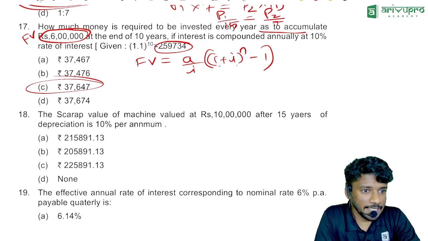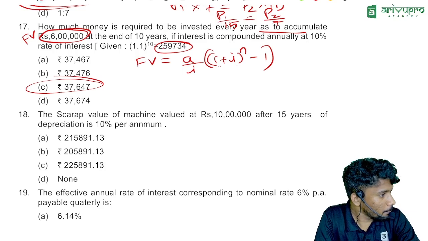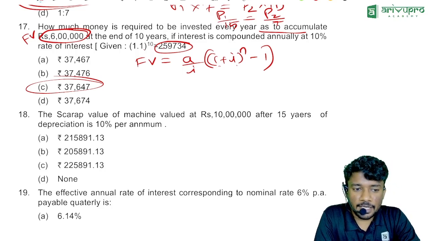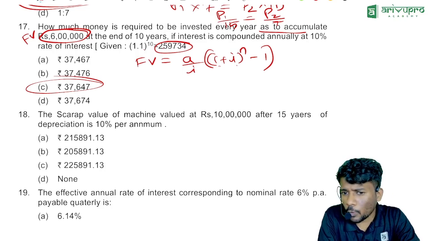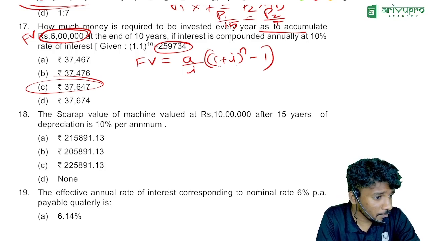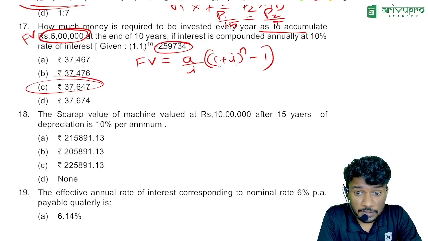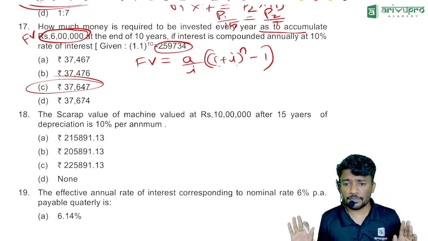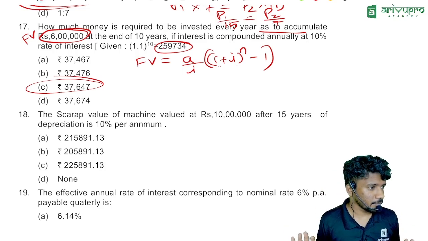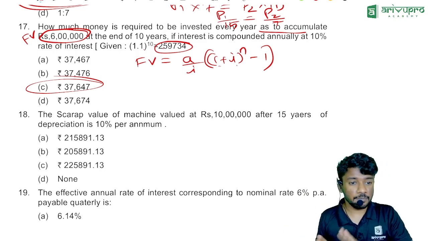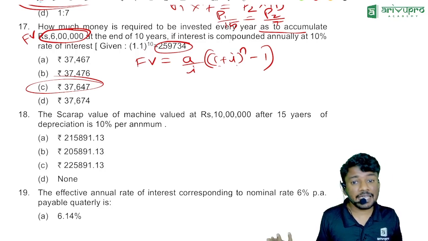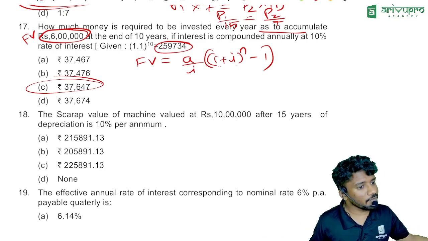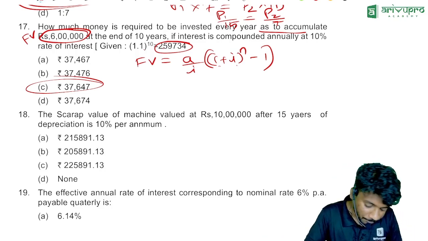At the end of the day, we need to pass CA Foundation and we need to get more than 60 from Quantitative Aptitude, no matter what. Because you can do it. Do you think that these many questions were difficult? This is the level of question. Always 60 questions will be easy. 40 questions will be medium difficulty. From that 40, some medium difficulty questions will be very difficult. Other than that, everything is very easy. Okay, now